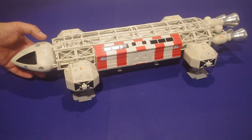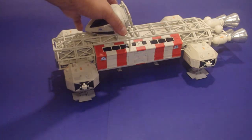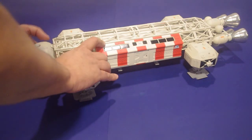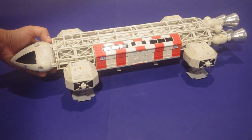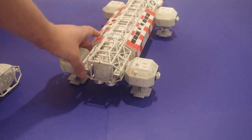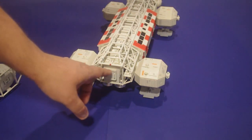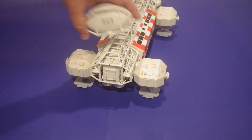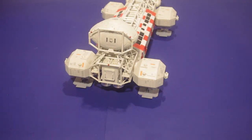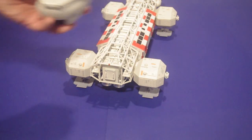Let me show you another little thing that I did. Yes, the nose cone is held on to the front end with magnets. To do that, basically I've got four small magnets located in the bulkhead that attaches, and I've also got four other magnets located in the nose cone. I think I talked about that in one of my previous videos. I don't know, it was so long ago I can't entirely remember. But the reason I did that is because